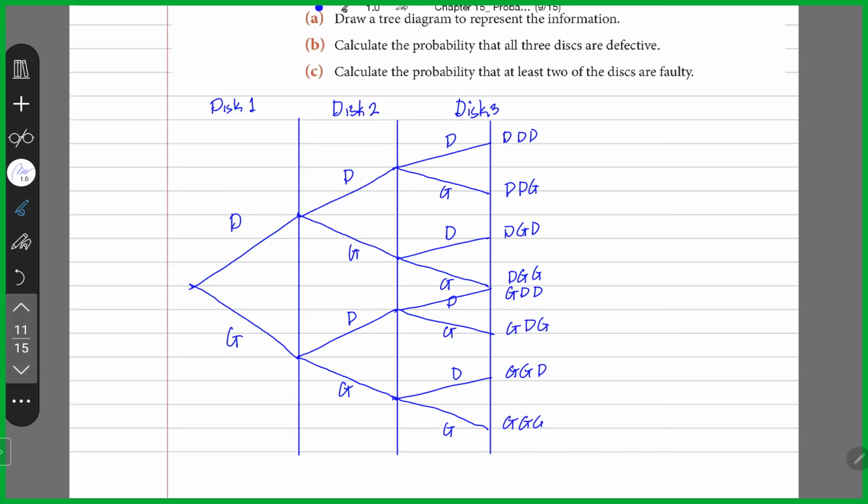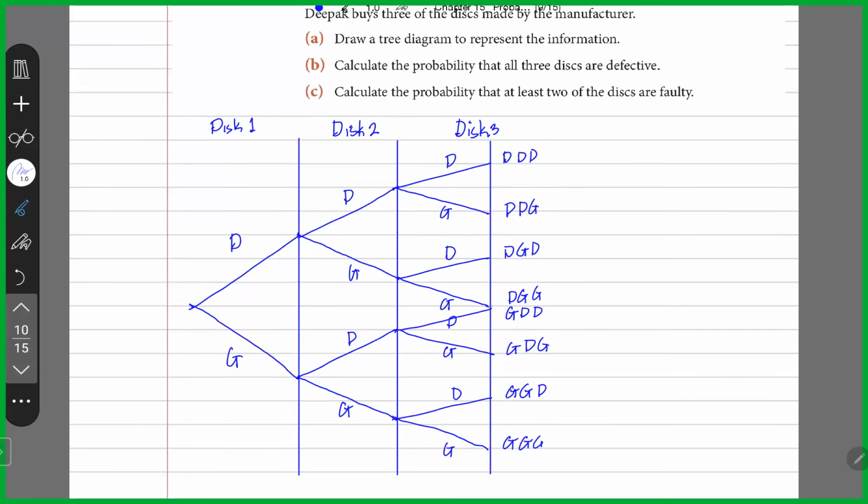Now, the first thing we're asked to do is draw the diagram, which we have done. The probabilities you should put on them: this is 0.015, and this would be 0.985. So now, calculate the probability that all three are defective. So the probability of D, D, D would actually be equal to